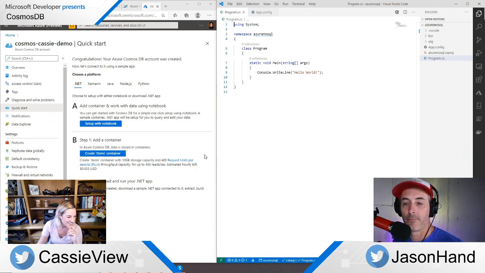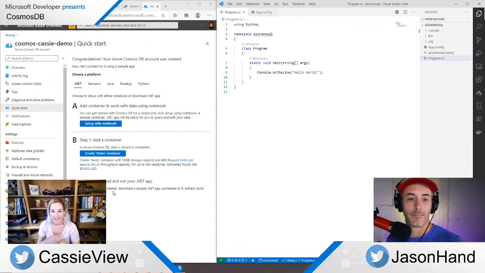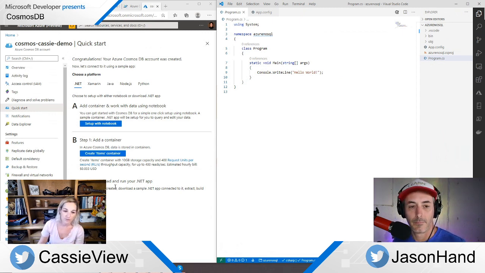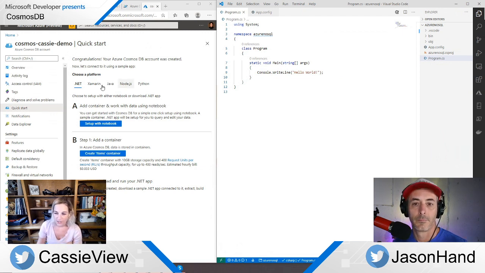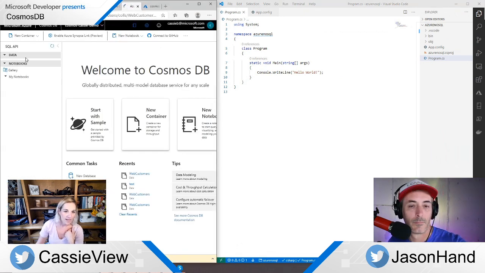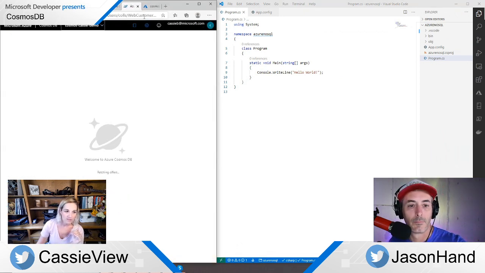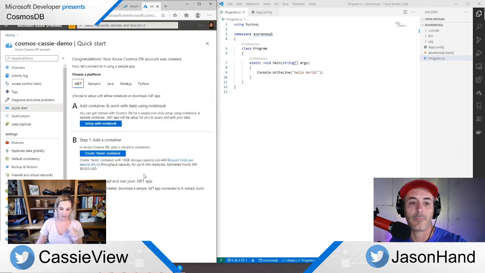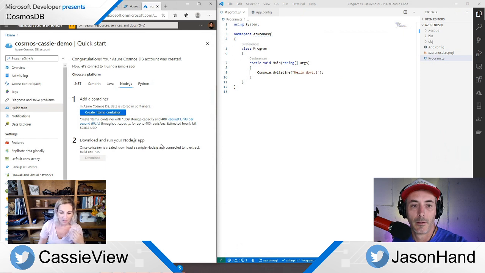Okay. So the other thing that I thought was cool with the Cosmos DB is there's actually a .NET app that you can download that has a bunch of pre-built ways that you can interact with the SDK in the language of your choice. So you could do Node or Python or Java or whatever. When I first did this, I was like, sweet, I'm just going to go download the app. Right now, you can't download it because I already created a database in this particular resource, even though I deleted it, I think. But I noticed that right when I created the resource, before I created a database, there was a sample app right here that you can download. And you can also choose your language. That part's cool because it always helps to see an example when you're getting used to a new SDK or a new way to do things. And it's just built in.